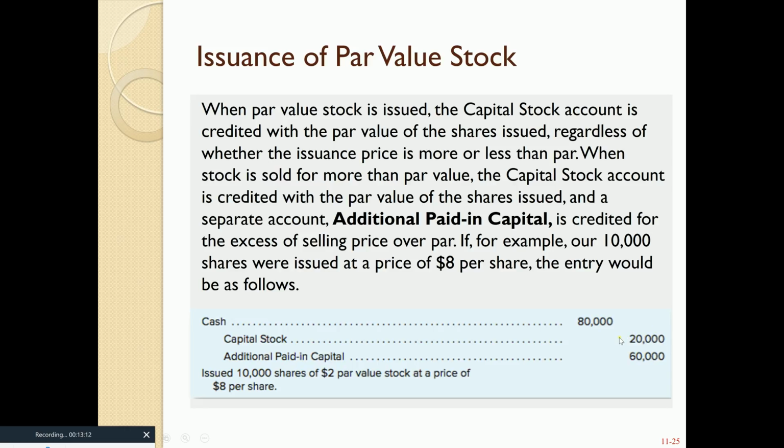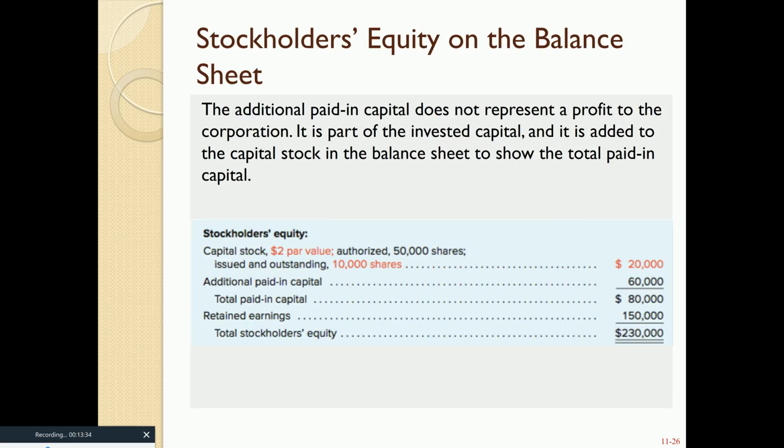So 10,000 times 2, that's where you get this $20,000. Any monies received above and beyond par value is going to go to this account called additional paid in capital. These are monies paid into the company in addition to the par value. Both the capital stock as well as this additional paid in capital are both equity accounts. So after that transaction, I want you to take a look at what the equity section of the balance sheet